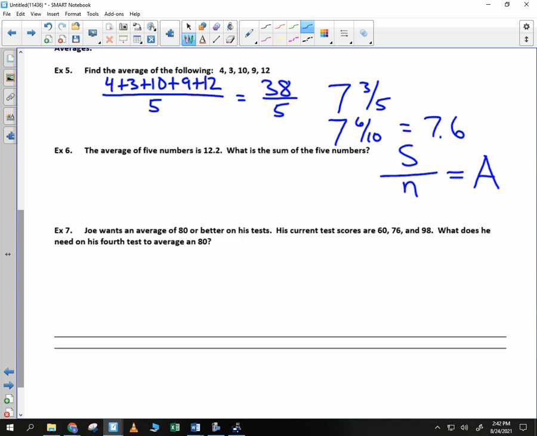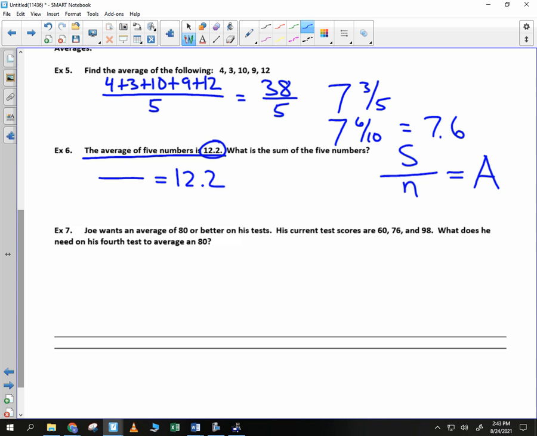So once we have a basic formula, we can solve rather easily. Look at what it says. The average of 5 numbers is 12.2. So which letter will the 12.2 go in for? The average, right? Agreed? So 12.2 is equal to,